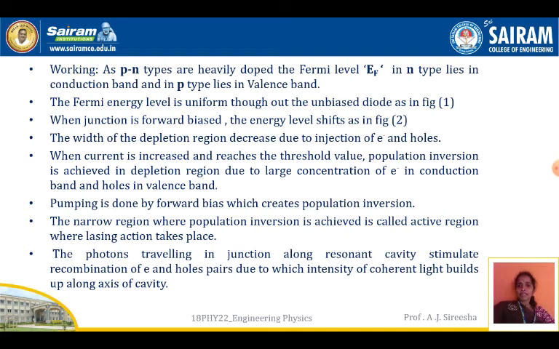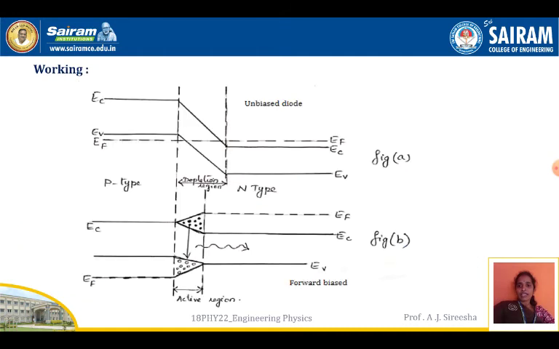Pumping, as said, is done by the forward biasness, which creates a population inversion. A narrow region where population inversion is achieved is called an active region, where the lasing action takes place. If you look at the figure here, the depletion region has become an active region in forward biasness, and in the active region you can see a large number of electrons in the conduction band, due to which the transition of electrons from the conduction band to the lower energy band, the valence band, results in the emission of a photon, as shown